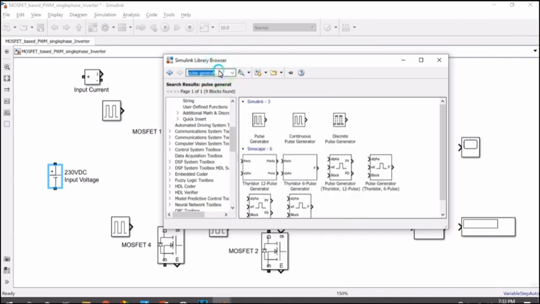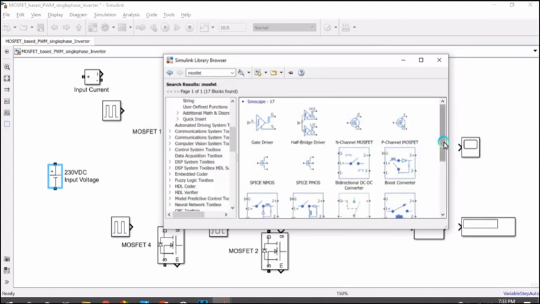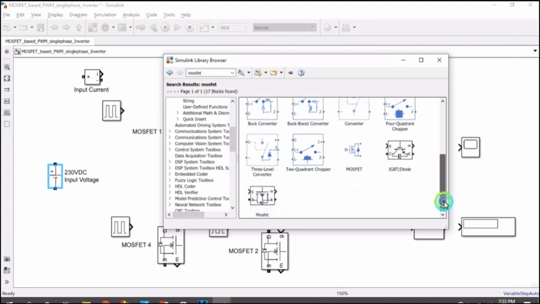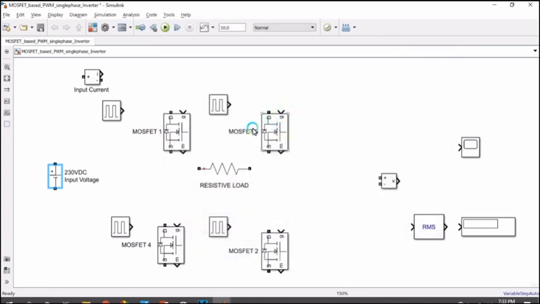Next we'll need a MOSFET. You can type in MOSFET. Once the MOSFET is selected, it can be duplicated by right clicking it and dragging it.